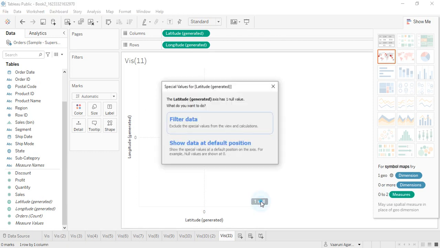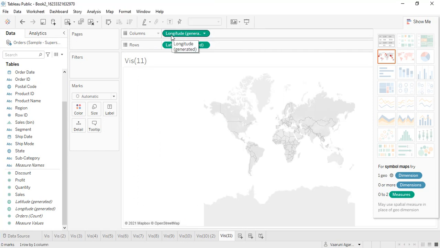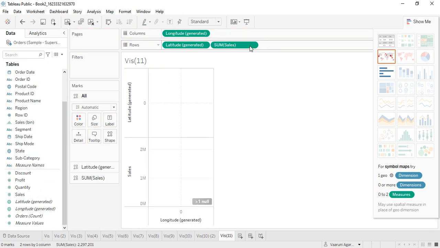enabled over here. Okay, if we just go to the one null, there is this filter data option, and okay, it took a few seconds, but now the map is loaded. And this is how it looks. But we don't want something like this. We want the locations to be pointed. So what is the criteria on the basis of which we are going to point the locations? Suppose we want the sales value, so let's get the sales into the rows and see if it is working. No, it's not working.